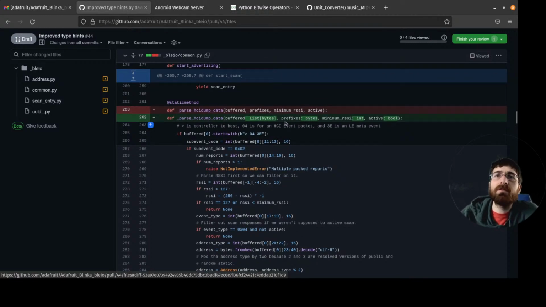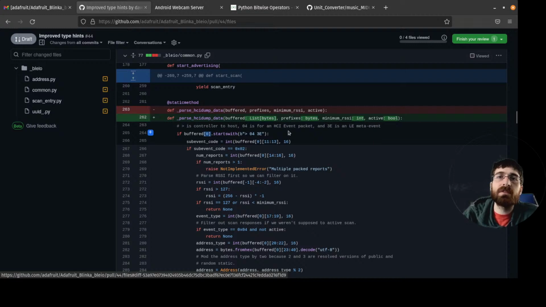The only one I'm not really sure about, well, I guess the first two I'm not really sure about. We'd have to find list of bytes. Yeah, okay, that seems to match.